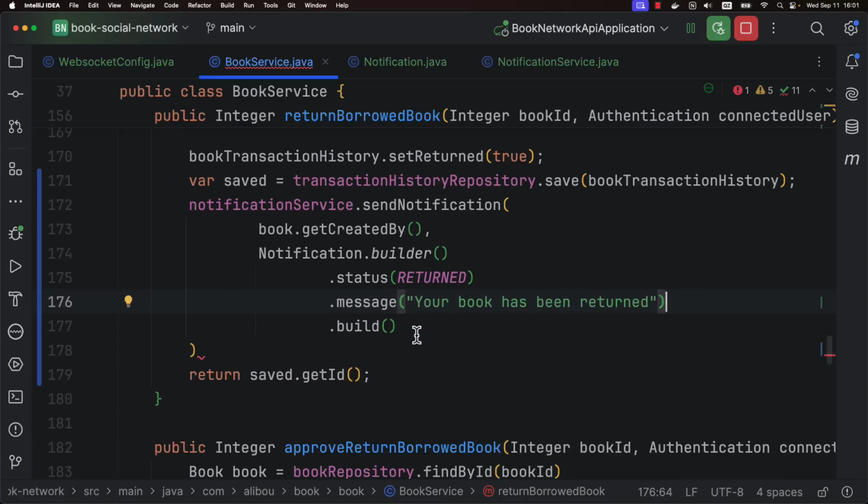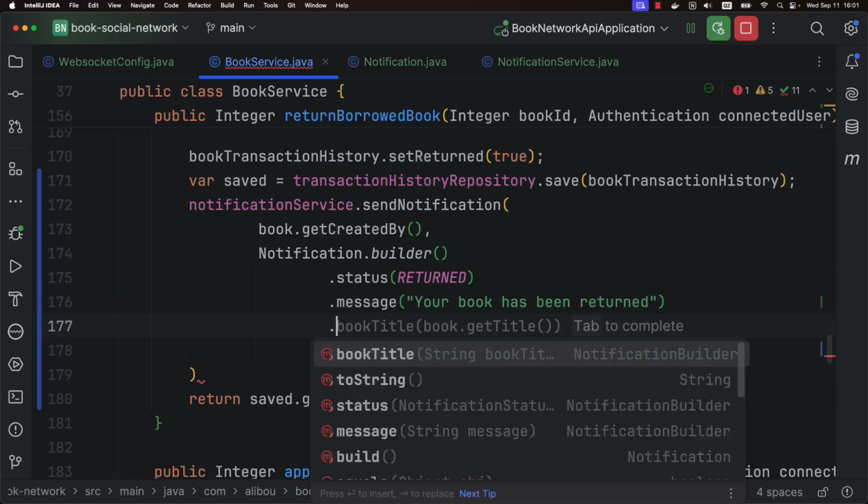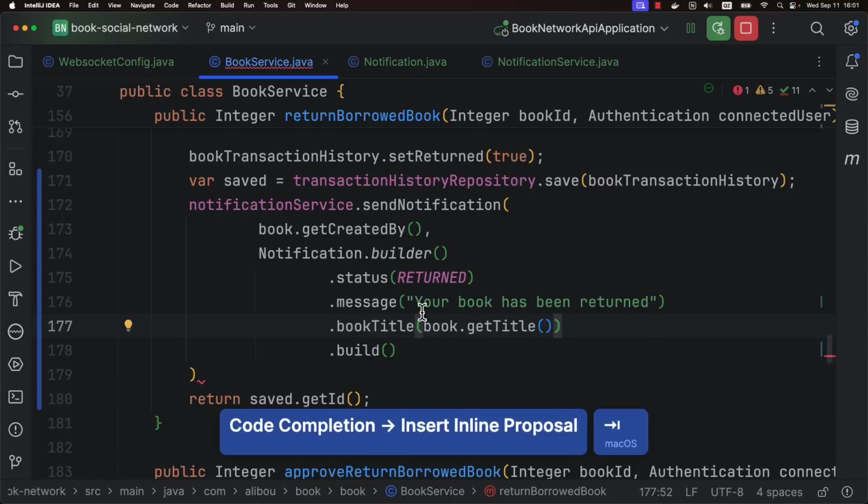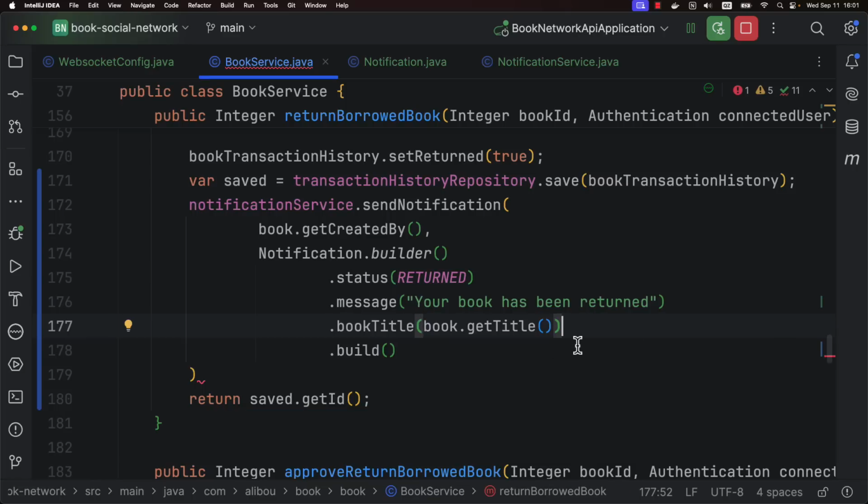By the way, I really like this. It was suggested by IntelliJ. This is really awesome. I really like this new feature. And then .book title, and then book.getTitle. And finally,